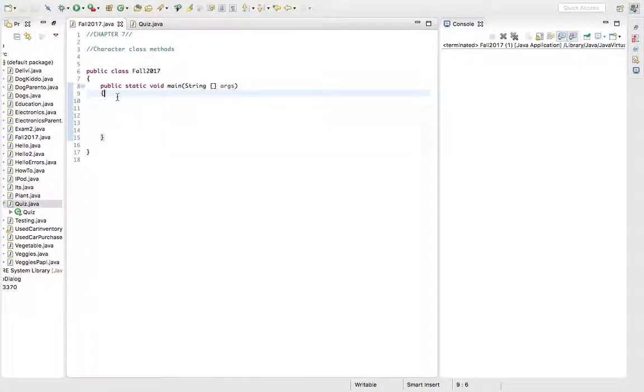So this is another very important part of chapter 7, which is the character class methods. These methods here are a little bit more unique just because, with the other methods that